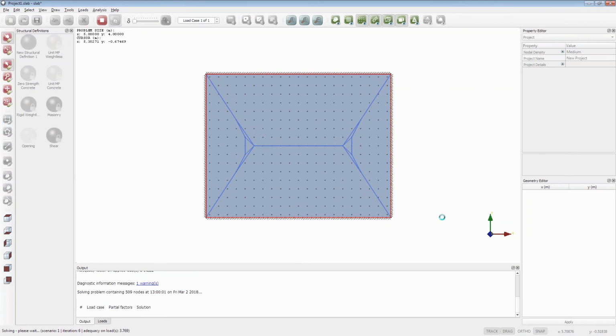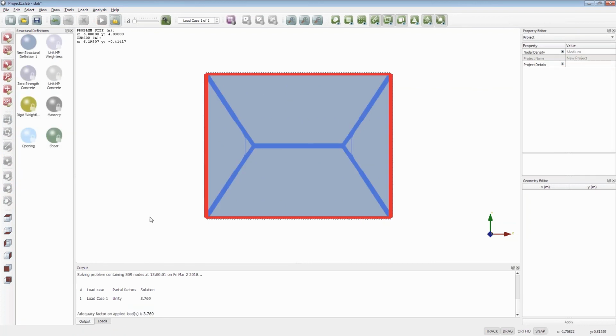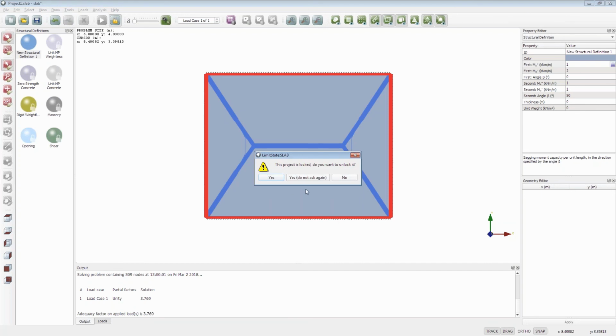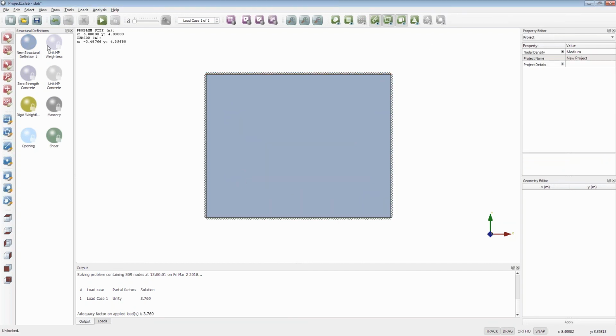And we can see again the software very quickly homes in on an envelope type failure mechanism, but in this case the central horizontal yield line across the middle is a lot longer than it was in the previous case, and that's something that we would potentially expect from having increased this value here. So if I reset it, it's just asking me whether I want to unlock it, so it's doing a bit of a sense check. If I set it back to an isotropic material,